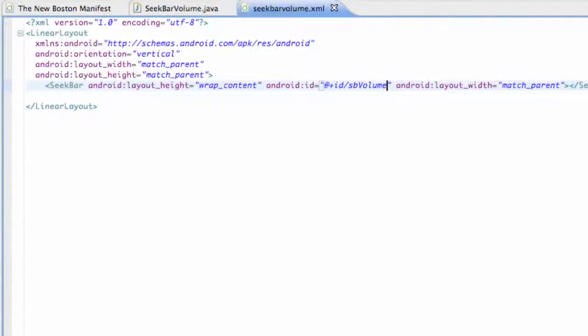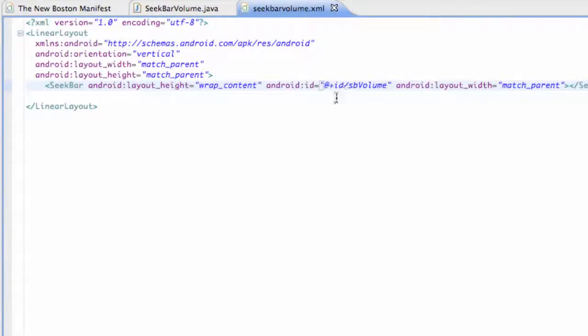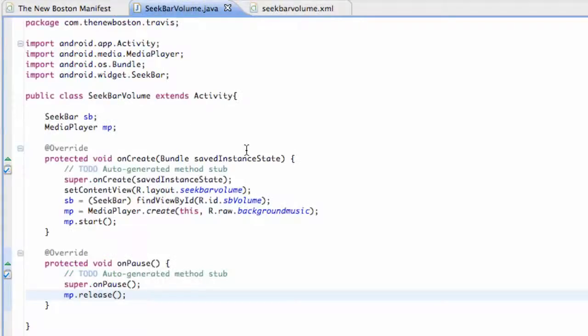All we're going to do is create an XML layout that has a seek bar, and that's under the form widgets, and it's right here, seek bar. Throw that in, and add an ID to it. I called it seek bar volume, and then we're going to create a class called seek bar volume extends